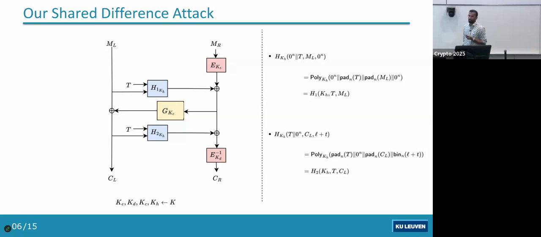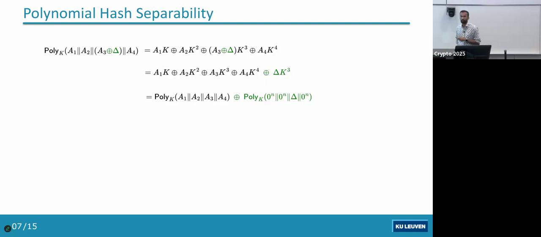Two more things about polynomial hash before I describe the attack. For polynomial hash, we have a very common property called linearity of polynomial hash. They are linear, or what we call in this paper separable. And here's an example of what it means to be separable. Let's say you have a polynomial hash evaluated on A1, A2, A3, A4, and you inject, or let's say